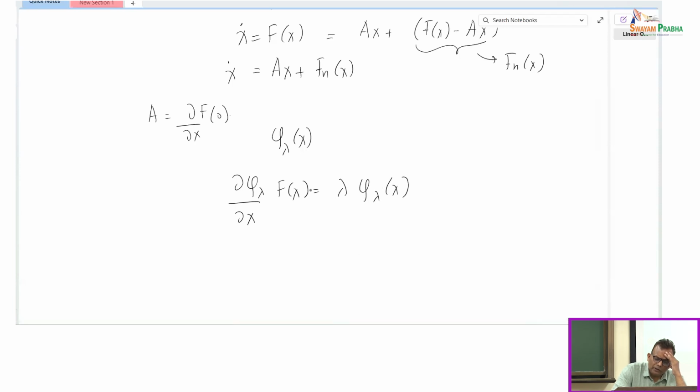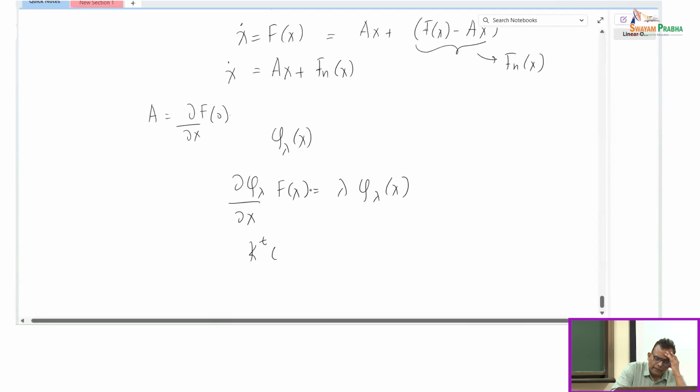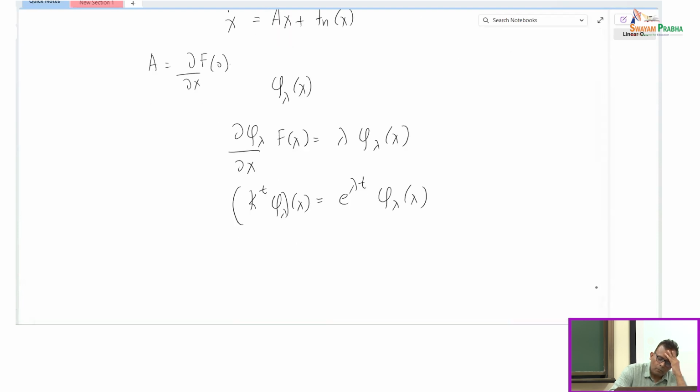If I write this in terms of the generator, I think I never wrote it down, so I can write it down. In terms of the operator, phi lambda of x will behave like e to the lambda t times phi lambda of x. These go hand in hand. Now, it can be shown that